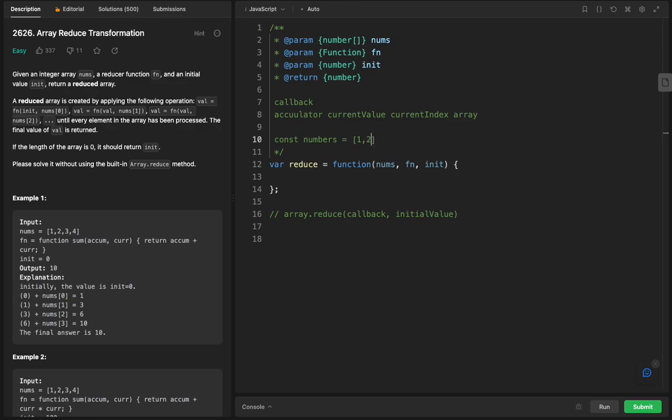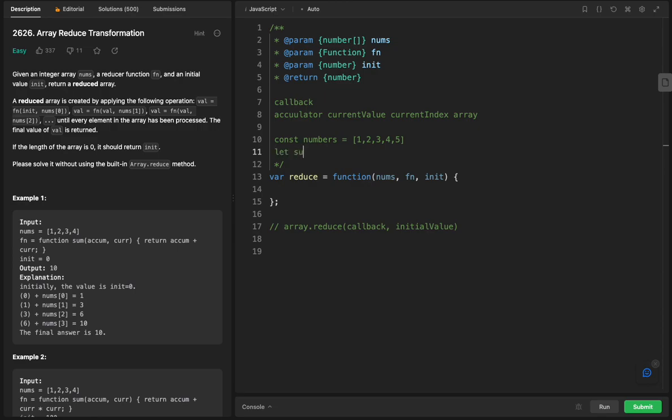It's 1, 2, 3, 4, 5, and I will have let sum, and the sum will equal nums.reduce. And as we said before, the reduce takes two things, initial value and callback. So let's just have a callback first, and let's have initial value, which will be, let's make it 0. The callback has the accumulator, let's call it accumulator, and current index,